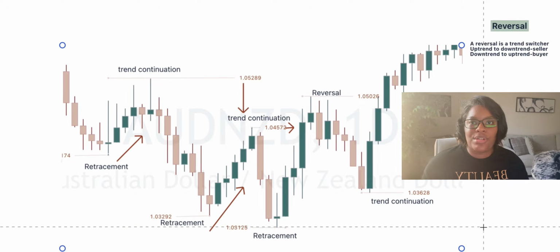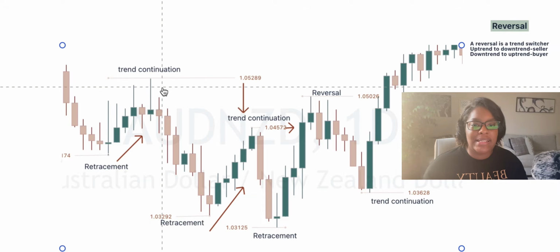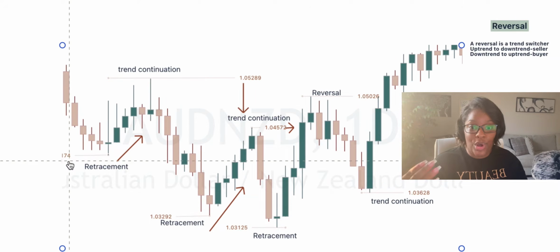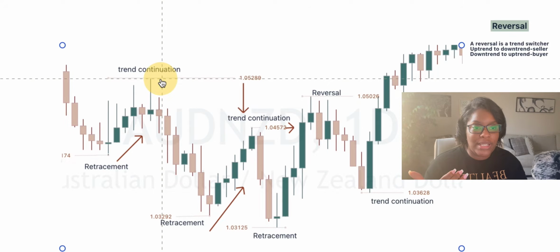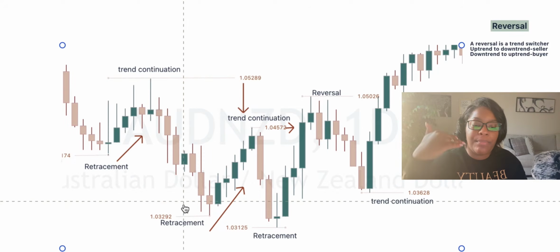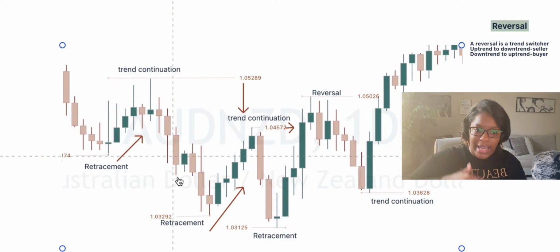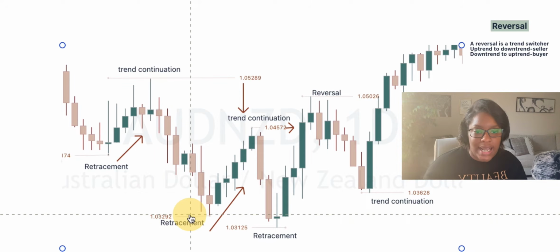So this is a reversal mock-up, still based on the same currency pair. As you guys can see, there was a low exchange rate here. There was a low here, and then price went up to 1.05289, and then price dropped, going back into trend continuation, decreasing down to 1.03292,